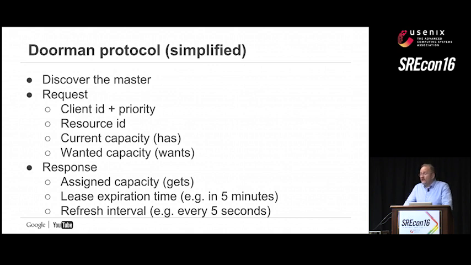And then there's a stream of requests where the client says, hey, I am client blah, and my priority is such and such. And for resource foo, I currently have 50 QPS and I would like 100. Thank you very much. And then the server responds, well, you wanted 100, you get 75, and this capacity will expire in this amount of time. In the response, actually, we have two different times, a lease time and a refresh interval. So the lease time is the guarantee